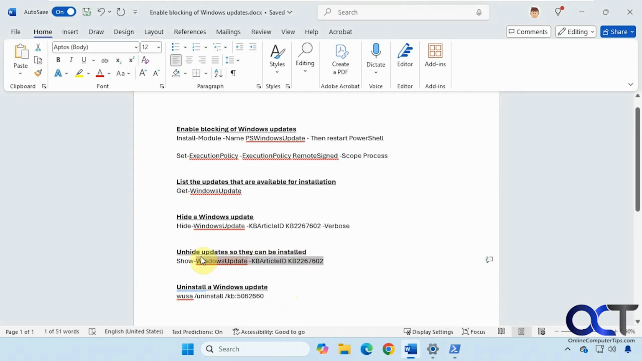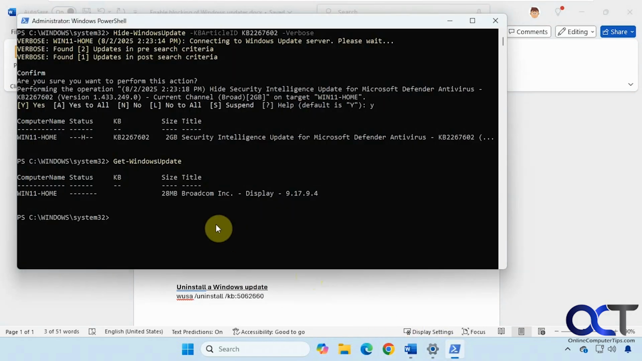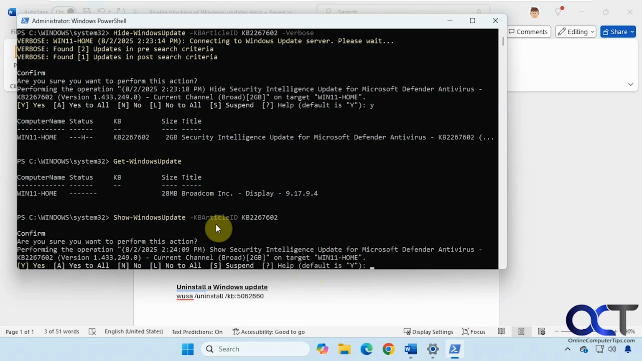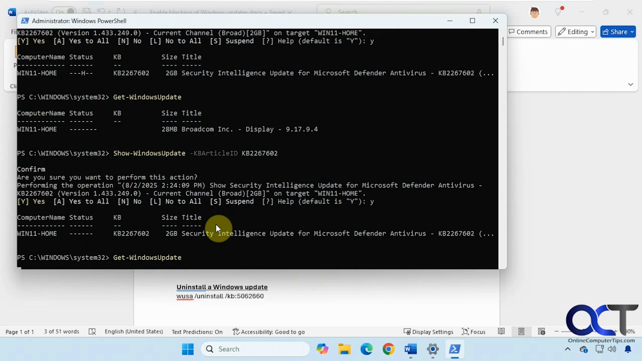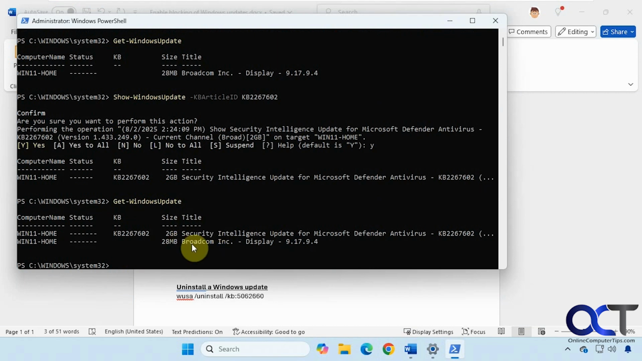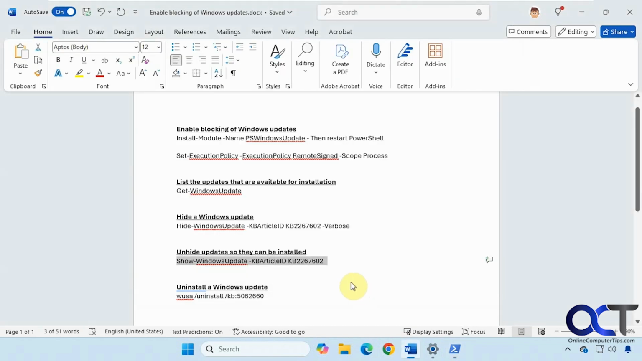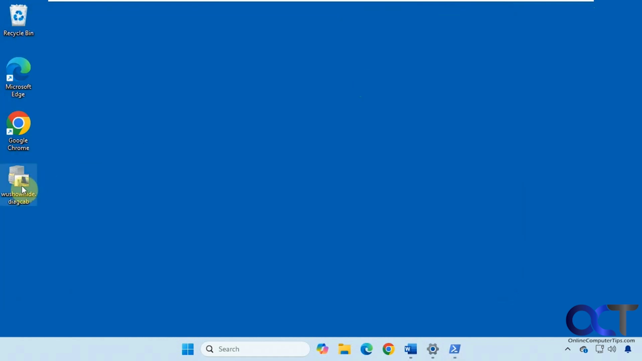All right, so now let's unhide it. Say yes to this. All right, so now let's get the Windows updates again. And now you can see it's back. All right, so that's the command line method there. So some of this might be more information than you need, but I figured I'd just show you all the commands here. All right, so now we're going to run this tool here,